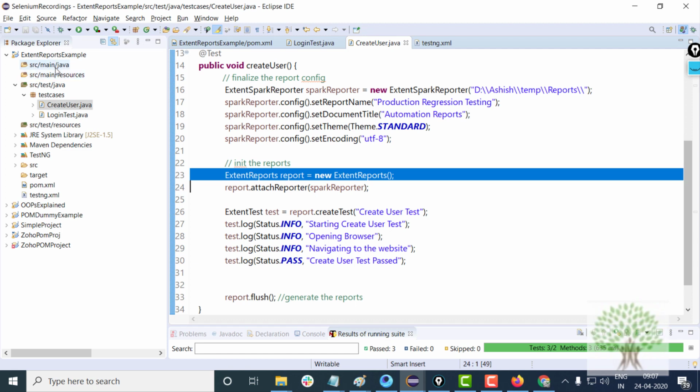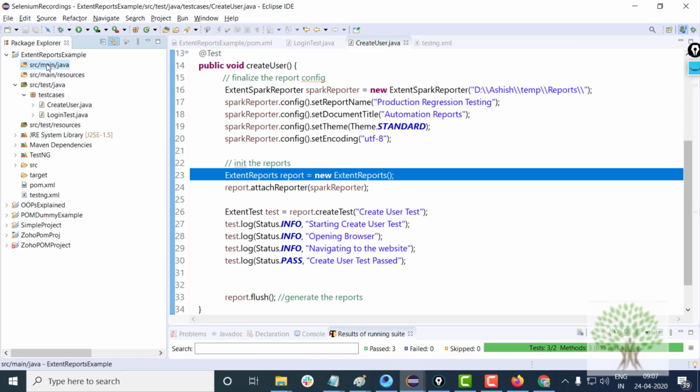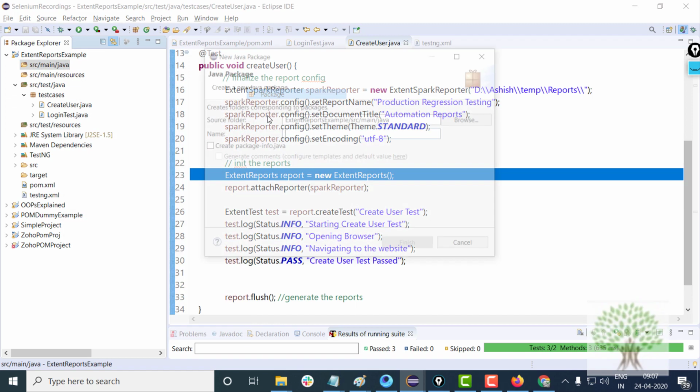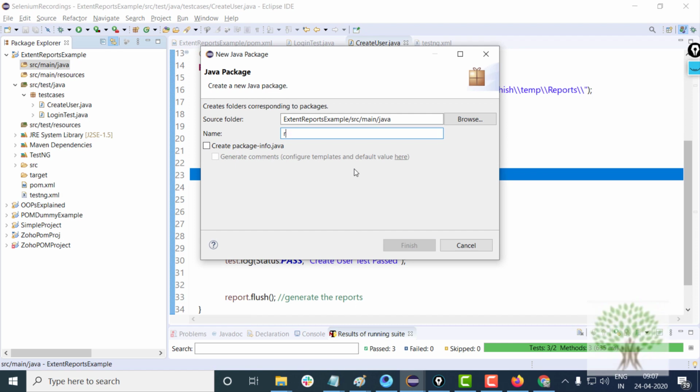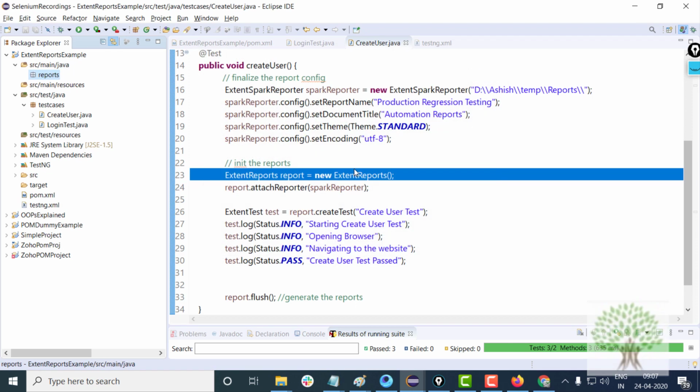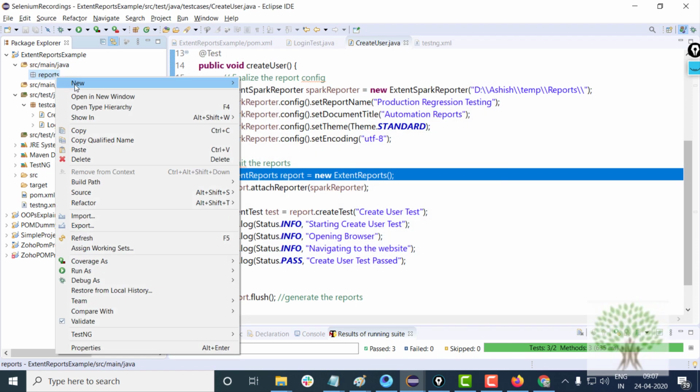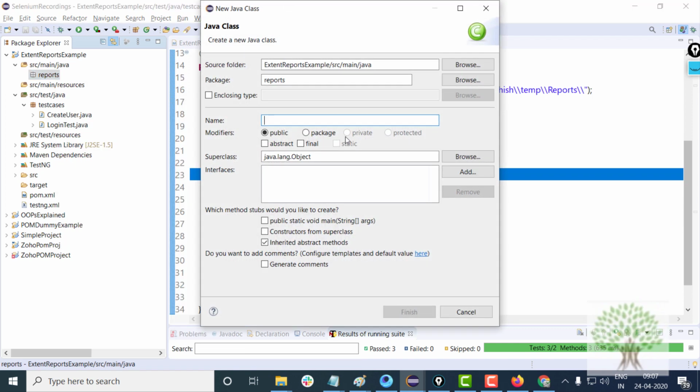Okay, so let's talk about that. What I'll do is, in my extent reports example in source main Java, I'll make a new package known as reports, and under this I'll create a new class known as extent manager.